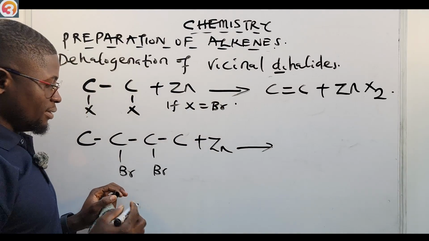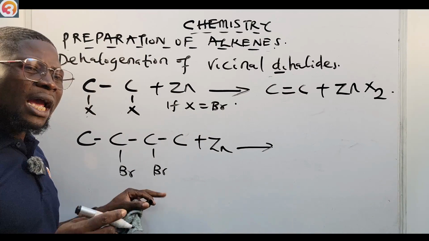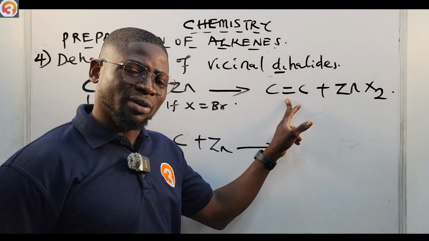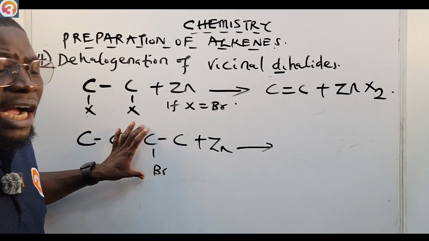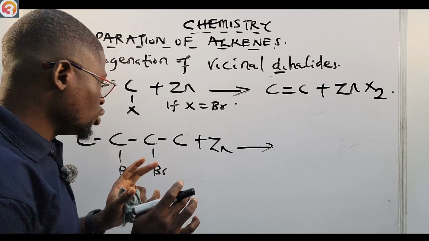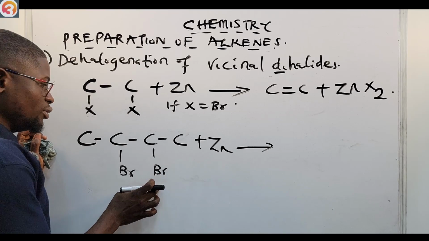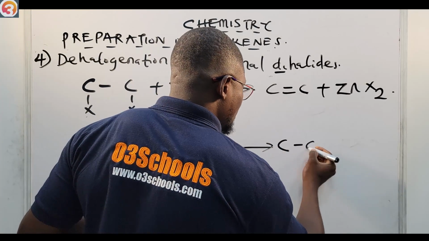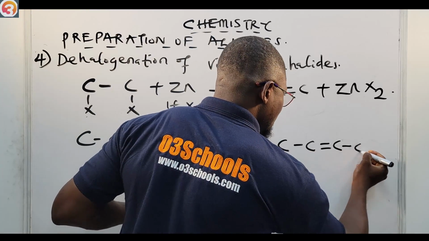Our product now will be an alkene with 4 carbon atoms. But where would the double bond be? When it was 2 carbon atoms, it was easy to place the double bond between the 2 carbon atoms. But here, there are 4 carbon atoms. So where are we going to place the double bond? It's very, very easy. I'm simply going to place the double bond in between these 2 halogens. So the double bond will be somewhere here. Your product will have C, then C double bonded to C, then C, plus